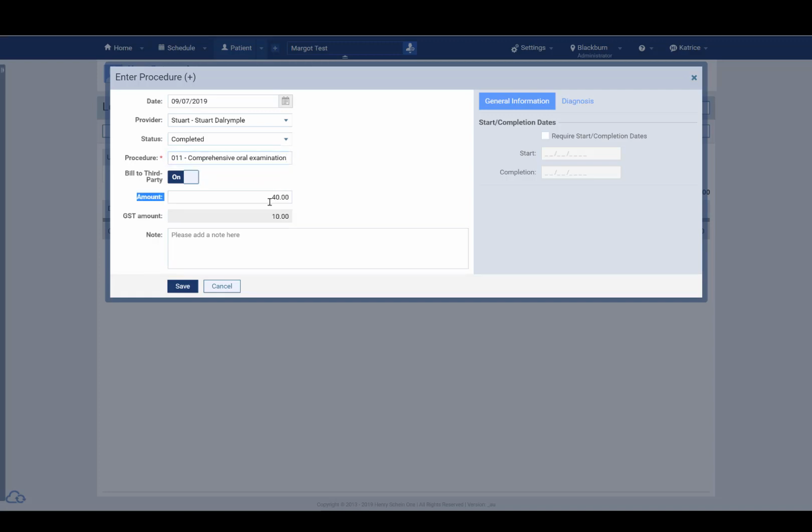Now, as you can see here, this is actually picking up the amount of $40 when I actually just set up a new fee schedule that is set to $50. So that doesn't look like it's bringing up the correct price for me. I might try another item code just to double check that. So let's check an 013. And that's actually coming up with the amount of $40 as well, which definitely is not the price that I've